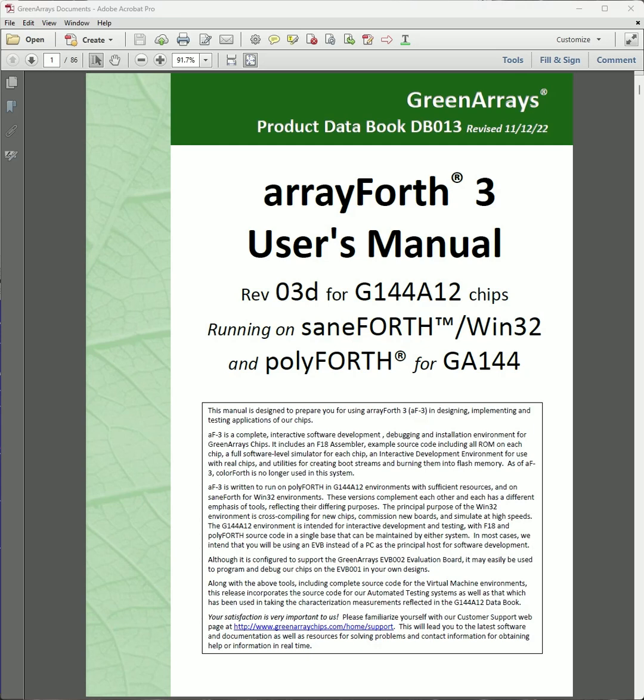Now that we have our serial ports set up to talk to the chip, let's review what is in Array43, the application which you're going to run on the PC immediately. There's a lot there. There is a manual, DB013. We do believe in writing documentation, and I believe in reading it before using something so I know what I'm doing,